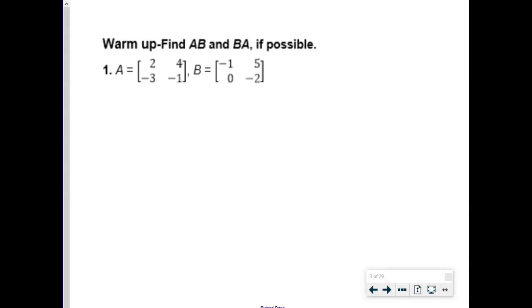I'm going to change this question a little bit. I'm just going to have you find A times B. This is on worksheet 10. And while I know you guys do have the capabilities of typing this in your calculator and just multiplying them that way, now, let's do this